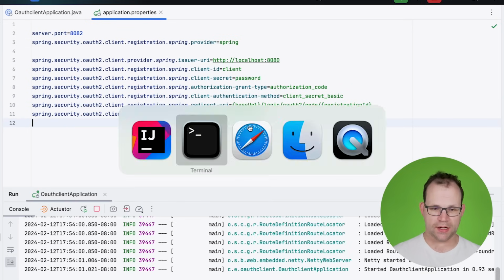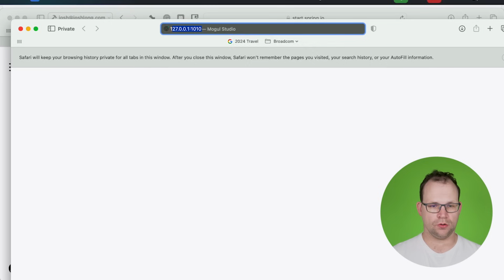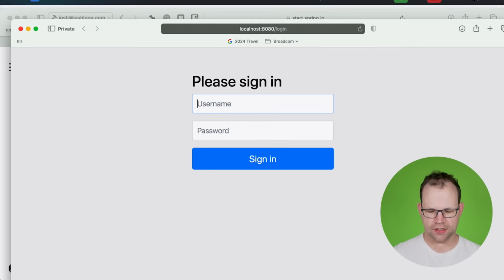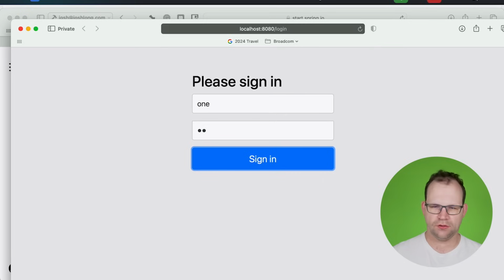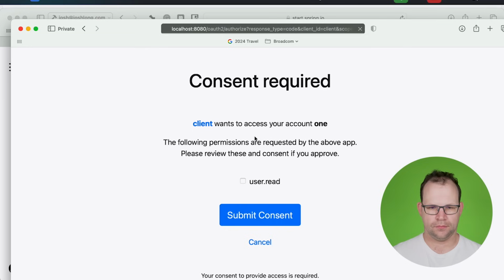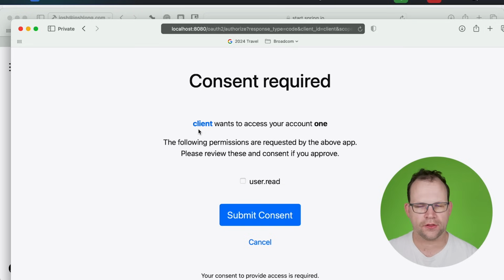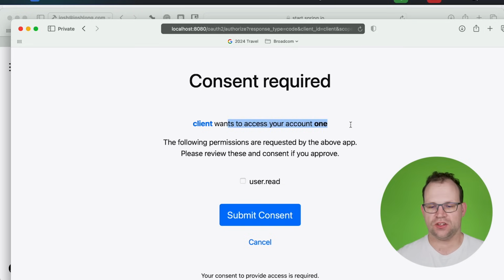Okay, it's up and running on port 8082. Let's try it out. So we'll go to 127.0.0.1:8082. And it's asking for 1 and pw. These are the users that we defined in the auth server, right? It's saying, okay, the client called client, which is, imagine like an iPhone app or Android app or whatever, your company dash iPhone or something like that, right? You can call the client anything you want. It wants access to your account for the user called 1. And we're going to say, yes,